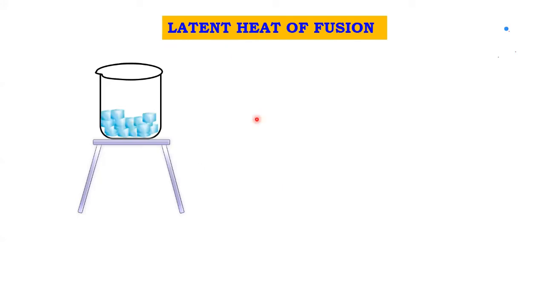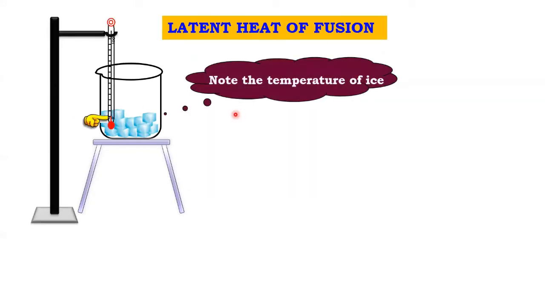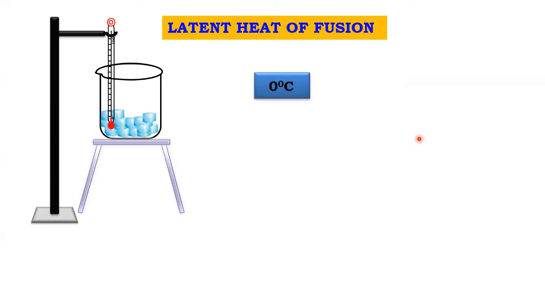एक beaker के अंदर कुछ ice cubes हम लोग के पास रहेगा. Okay, what we'll do is we'll suspend a thermometer inside it to measure the temperature of it. Temperature को measure करने के लिए रखते हैं. We'll simply put a thermometer inside it so that we can have a note of the temperature. Once we immerse the thermometer inside the crushed ice cubes, we'll see that the temperature is 0 degrees Celsius, right? It's 0 degrees Celsius.